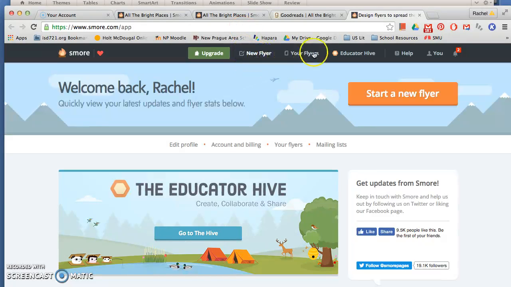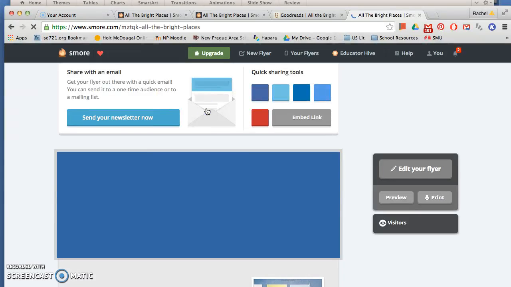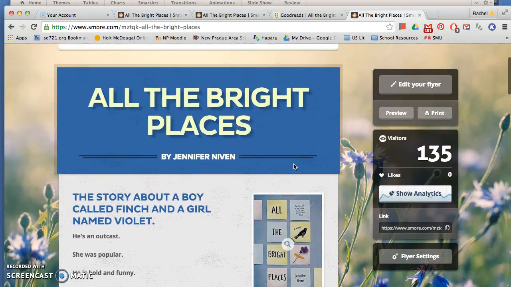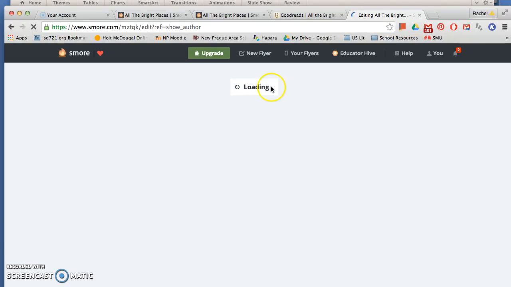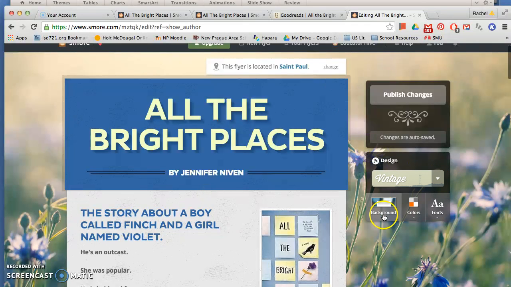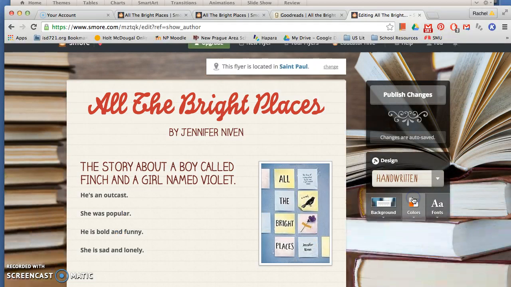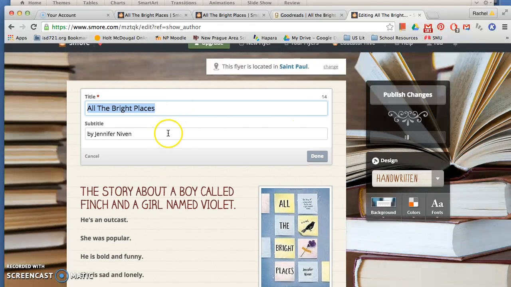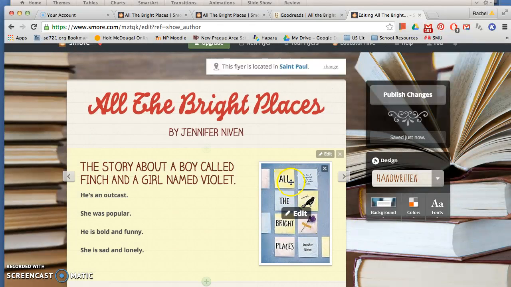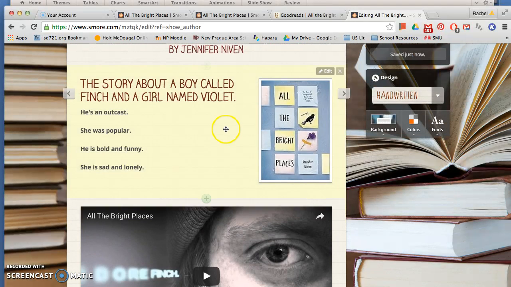I can't create a new flyer because I have already used my limit. But if you go in here, I can kind of show you if you want to create it. It gives you lots of different things. You can go in and change your background to any of these really cool options. You can change your fonts. You can change the colors. You can go right in here, and that's how you would change the text. You can go in here and decide the layouts that you want,